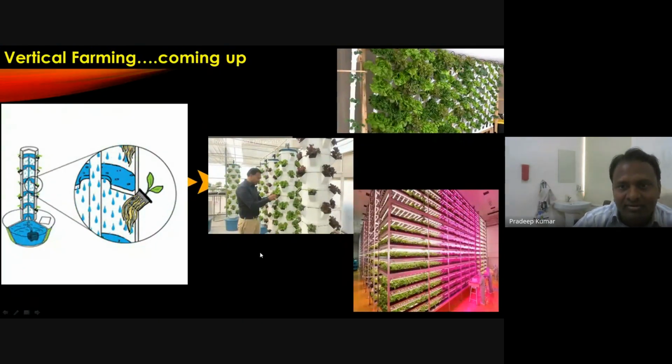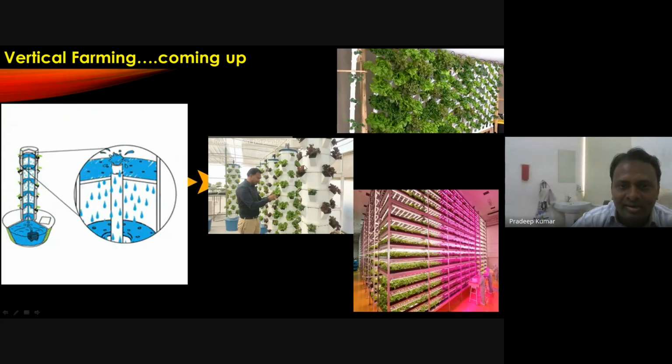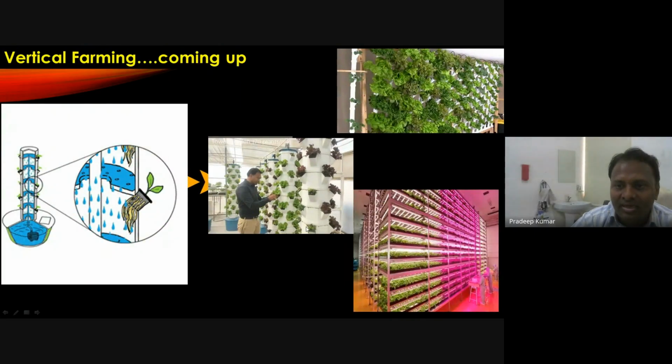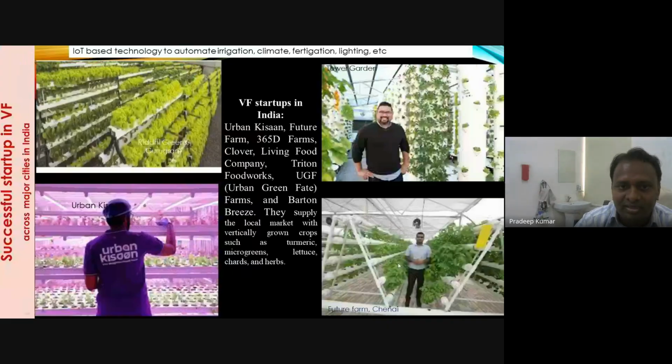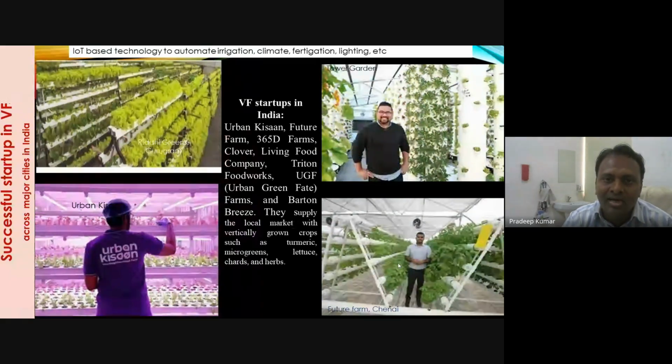So vertical farming, this is a vertical, we have a tower system, and this is just to show you other systems of vertical farming. And these are some successful entrepreneur startups in our country, like Urban Kisan, Future Farm, 365D, and there are so many. Today, around